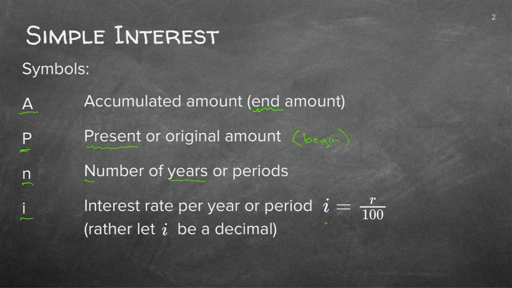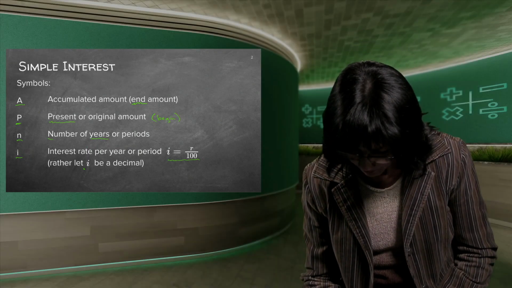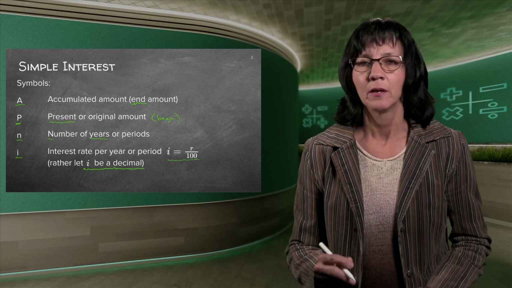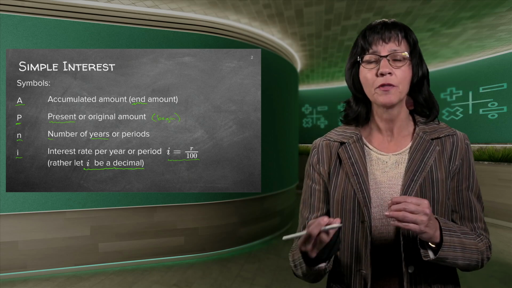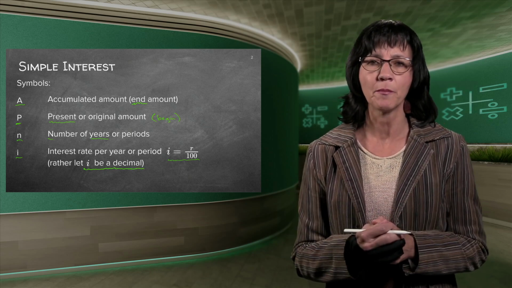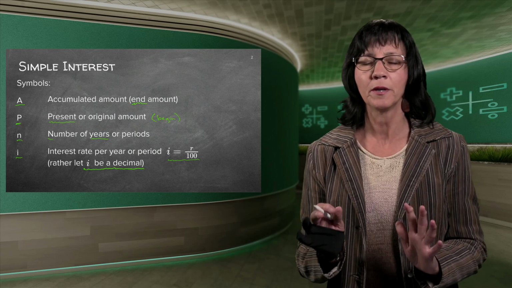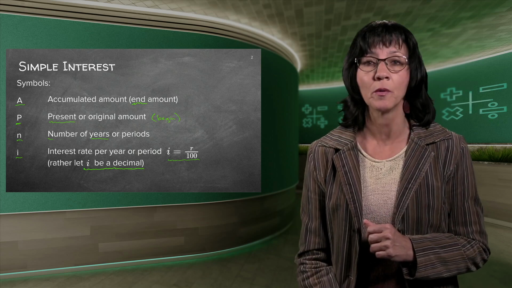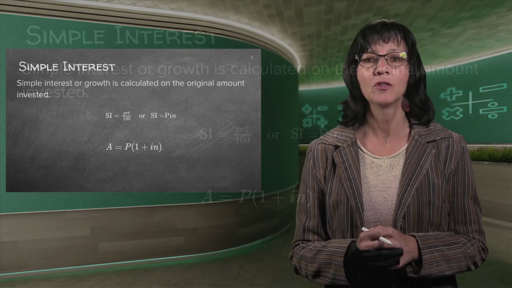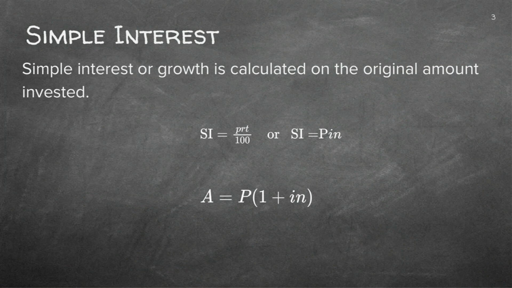Now, there's the formula for interest. You know, interest is the interest rate over 100, but we're not using that fraction part. It's always difficult to work with fractions, so it's very important that you remember that whenever we replace I with a number, we rather use a decimal number. It makes life easier on your calculator and just normally, because we all seem to struggle with fractions. Good. And then it's the two formulae that you need to know.